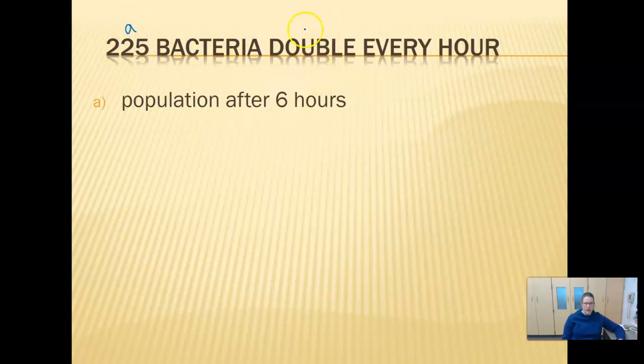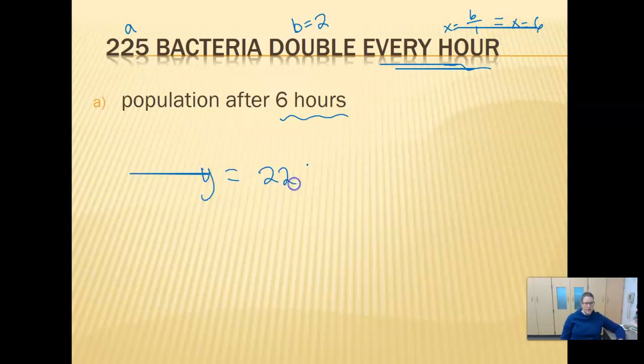They double every hour, so B is going to be equal to 2 because it's doubling, the multiplier. Every hour means that every hour that goes by, it doubles, so our X is going to be 6 over 1 because we have 6 hours gone by. It takes 1 hour to double, so X equals 6. So Y equals 225 times 2 raised to the power of 6. So if I enter that in my calculator, that gives me 14,400